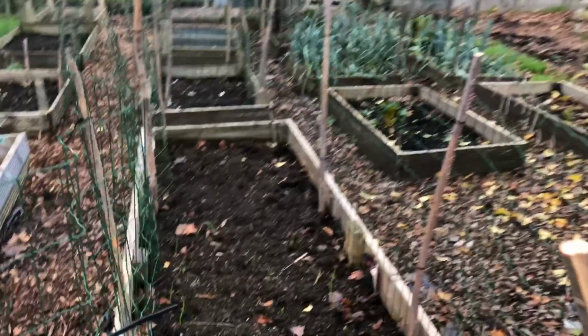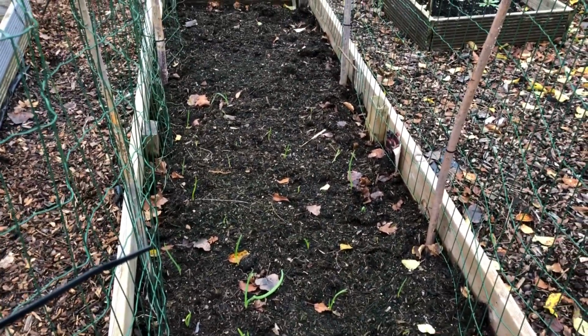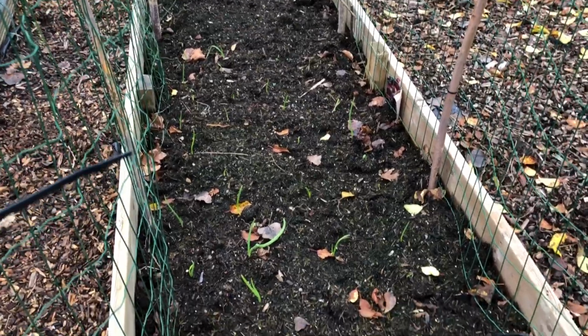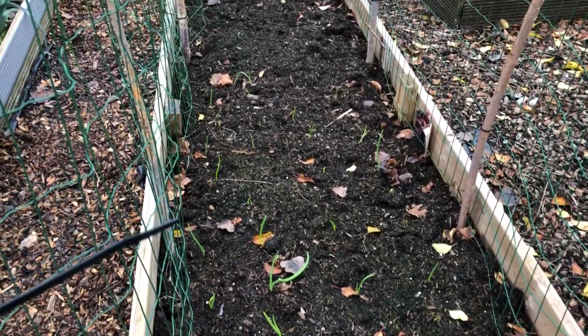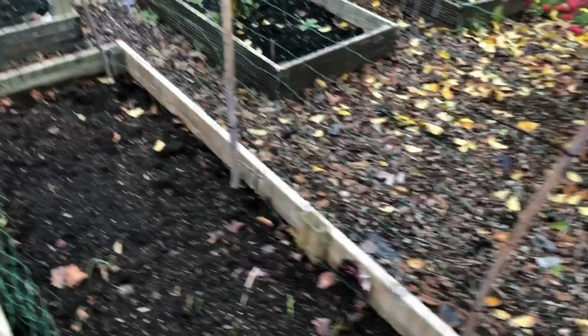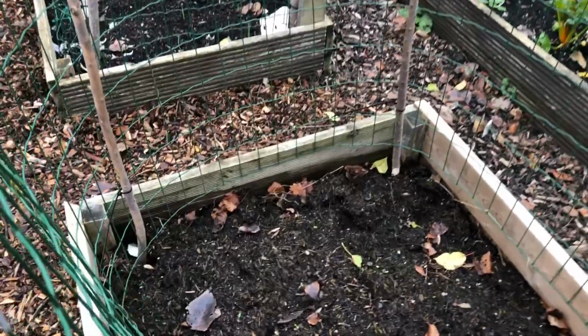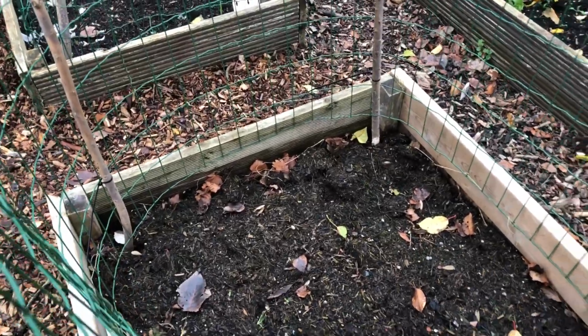The onions, I've got red onions in this bed that I planted probably a month or so ago, I should think, and they're looking pretty good. There's some nice green shoots coming up there, and there should be some elephant garlic at the end somewhere. I can't see any shoots from that yet,